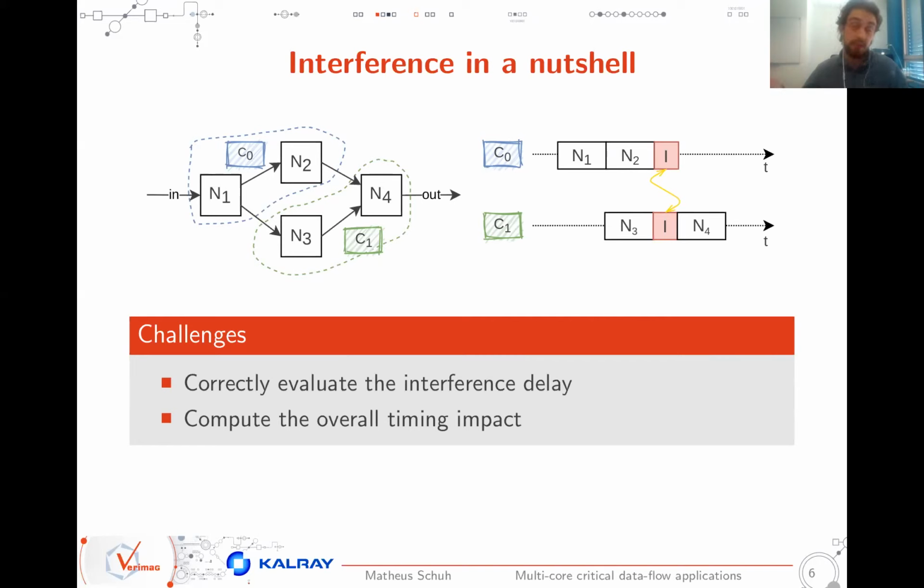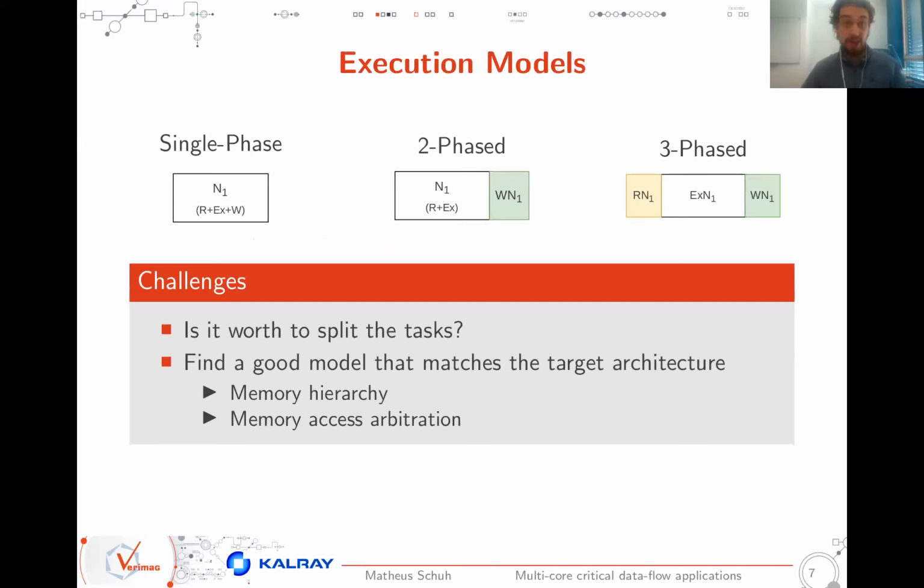And typically this is done for a given architecture because it really depends on how the nodes communicate with each other. And another interesting problem that we can see here is the different execution models that we can generate during the implementation of a synchronous data flow